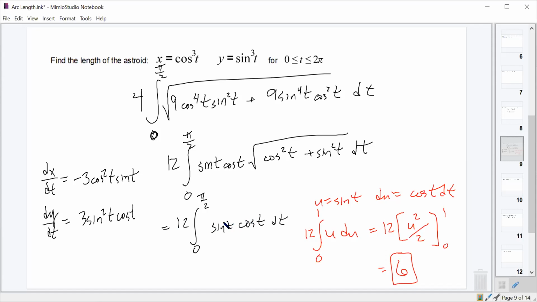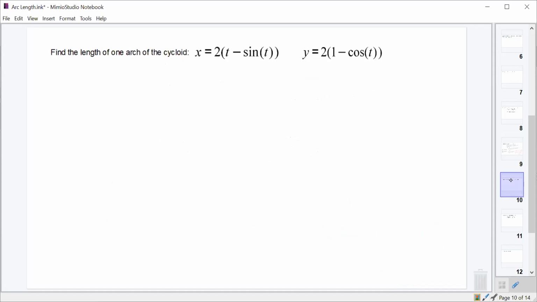Any other questions on that one? All right, let's do another one. So we want to find the length of one arch of the cycloid that is given by x equals 2 times t minus sine t and y equals 2 times 1 minus cosine t. And since I'm guessing most people are not super familiar with what that is,